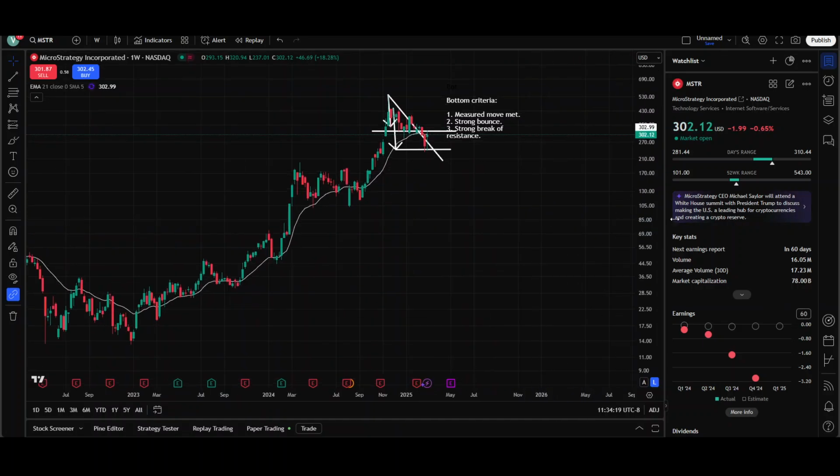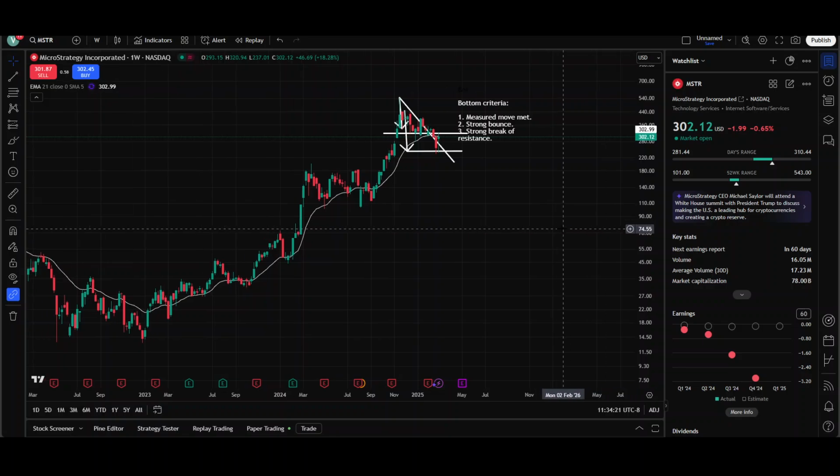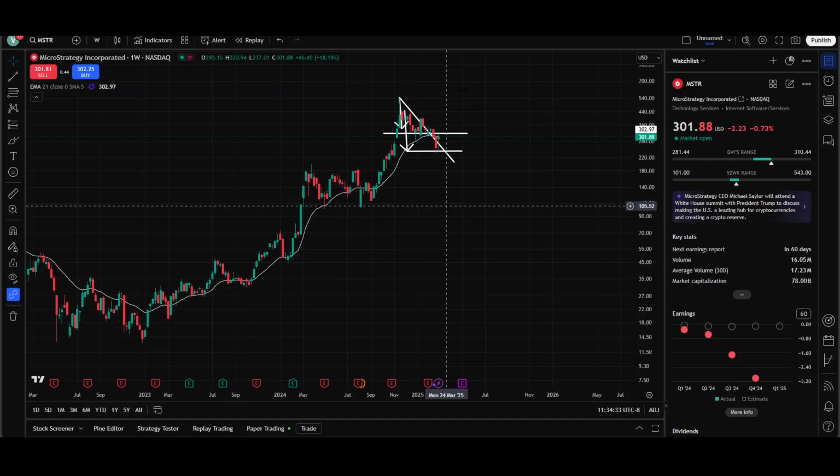I think they did have a talk this Friday, so maybe over the weekend we see Bitcoin rally, and then MicroStrategy opens up more bullish next week. We'll have to wait and see, or maybe even bearish. Who knows what's going to happen? I don't know for sure what's going to happen, but I do know that